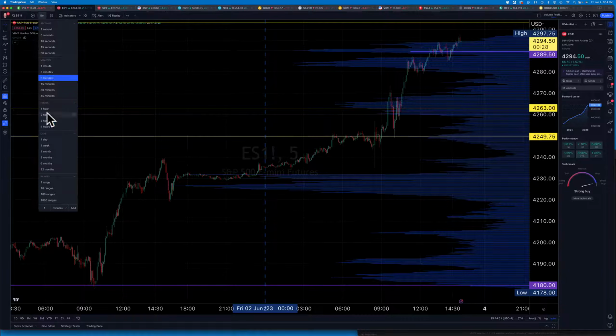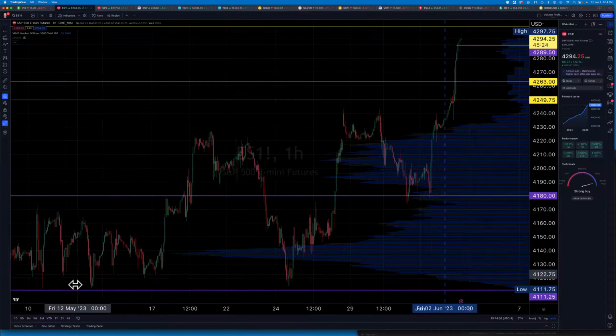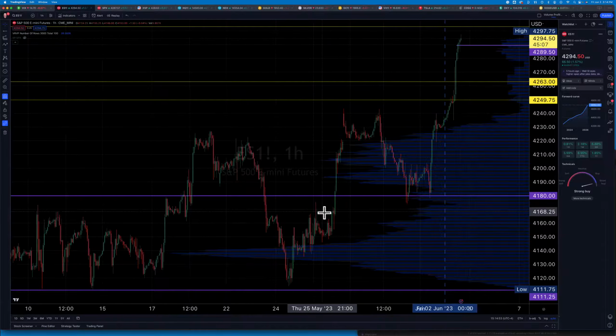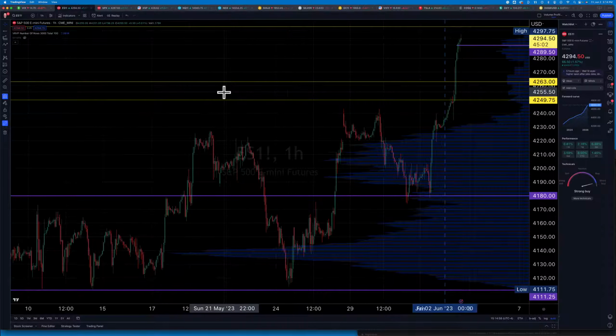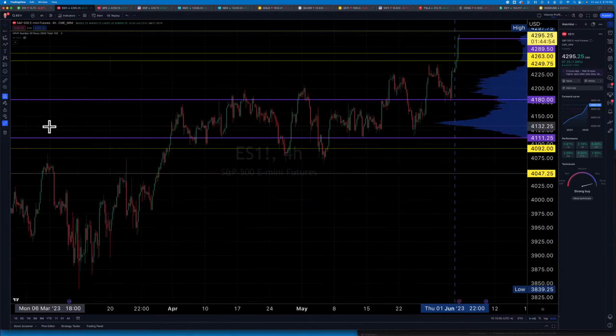And I'll zoom out a little bit more, maybe to an hour. And one thing that you may notice is that price is kind of respecting these lines. Here you can see it down here, finding support and resistance, more support, an inflection point, right? So all of that is very important, and what I want to show you is how we actually discover these lines. So let's move out even further to 4 hours.